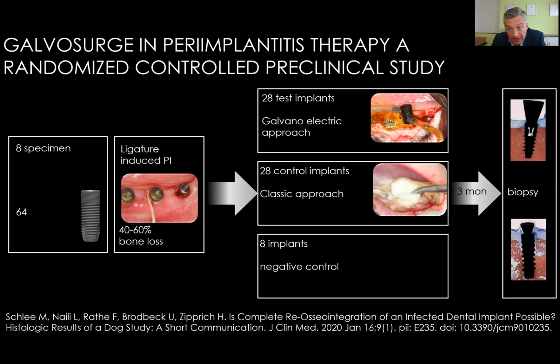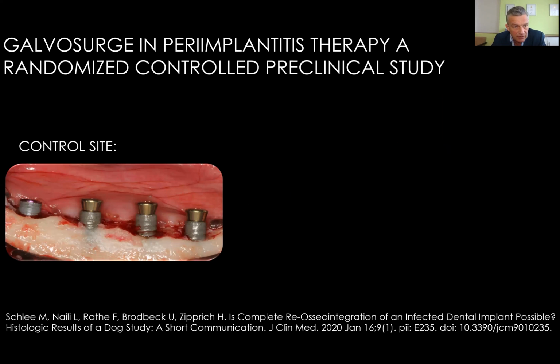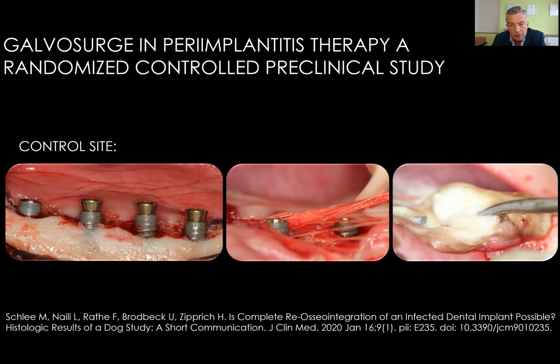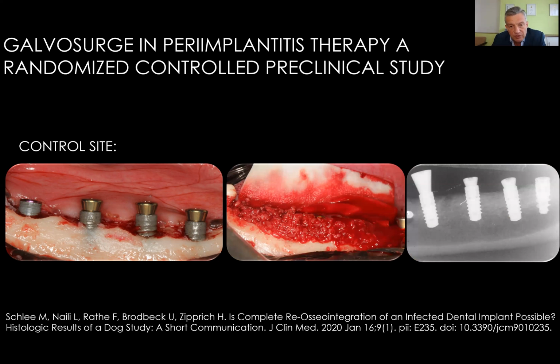Then we augmented the sites, allowed it to heal for a 3-month healing period. Then we harvested a biopsy, and I'd like to share these results. This is the control site. We cleaned those implants with a classical approach, the approach which is done in Gothenburg at the Berglund group. We used a cotton with saline, and we also used H2O2 to clean it. And then we augmented it with a mixture of autogenous bone and used a collagen membrane